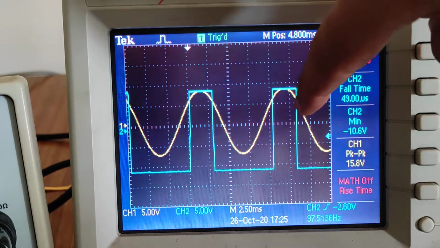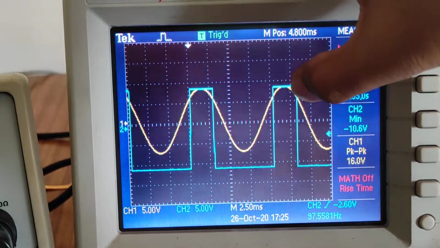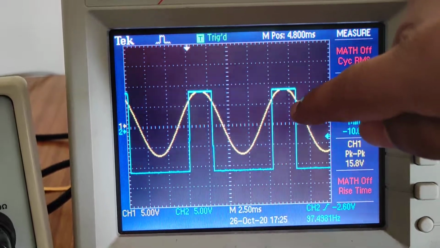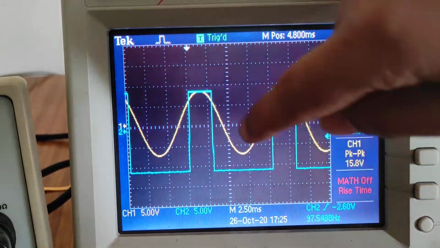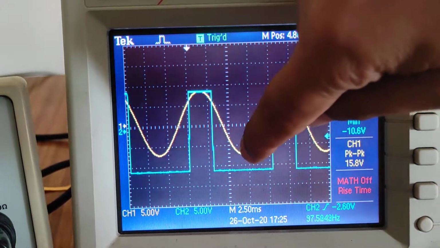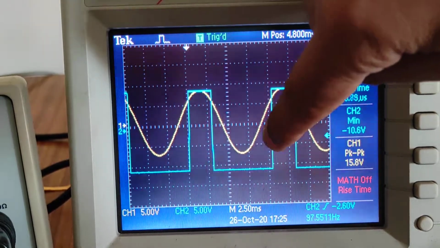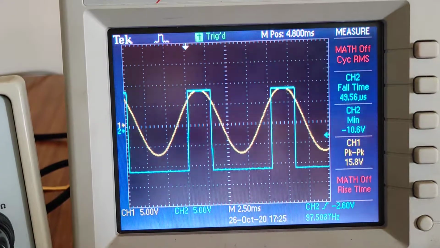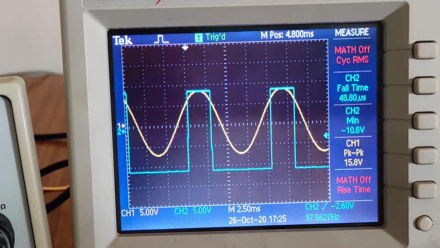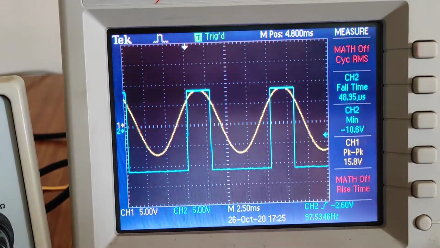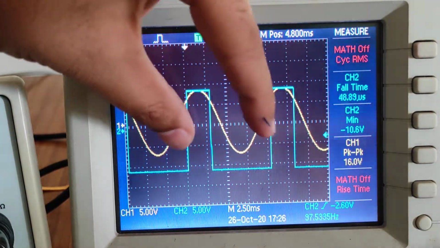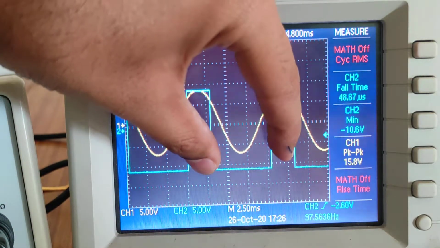When it is decreasing and the input is less than 5, then the output is going to minus. If you see the input, the yellow one is the input, and if this is going down, then the output is going to minus V set. It means our transfer characteristics will show for lesser time plus V set, and for a larger time minus V set.